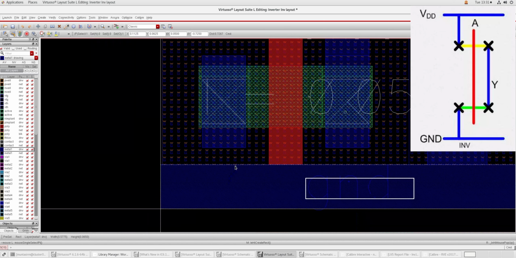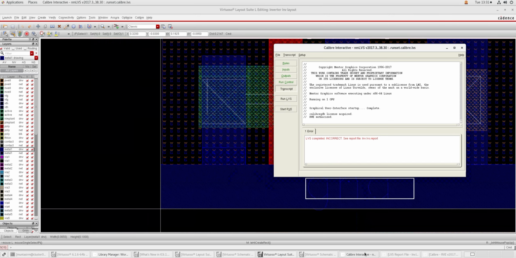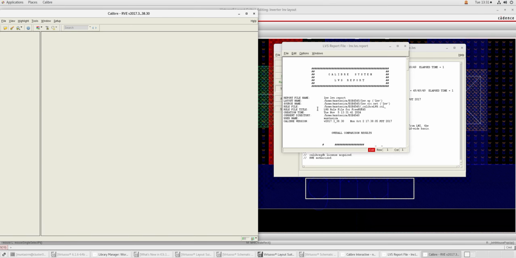And also in the NMOS, it's not really connected with the ground, so we are going to add a metal one. And now let's run the LVS and see if it's working. And boom,